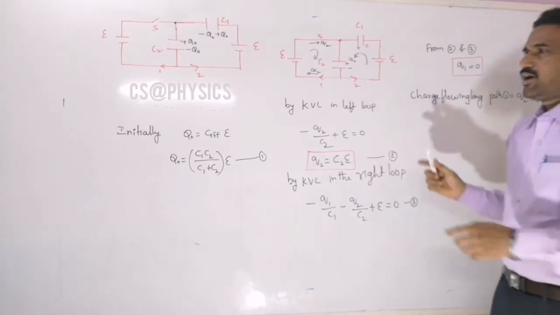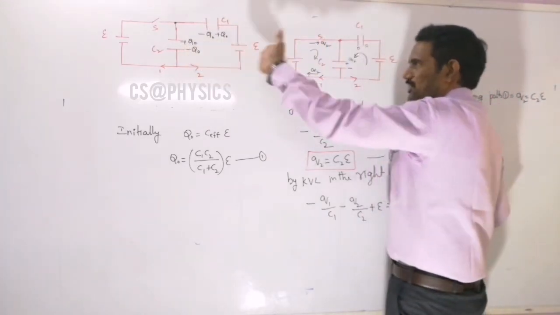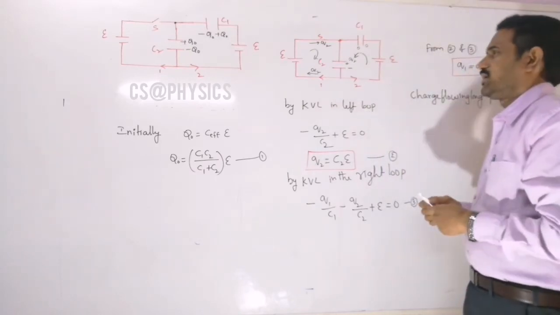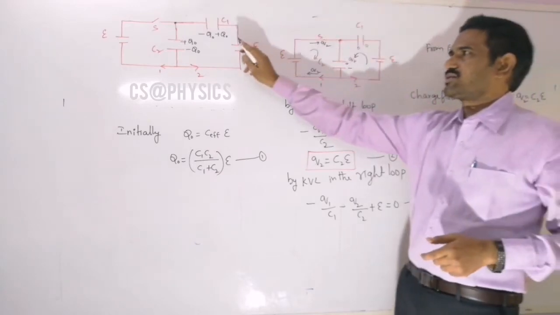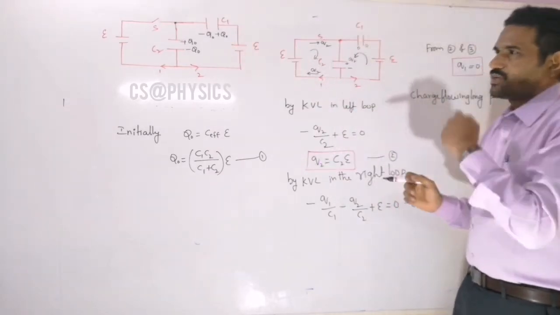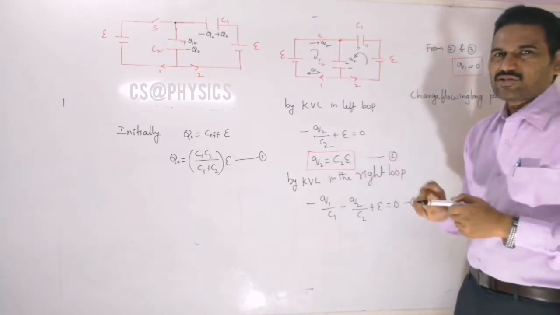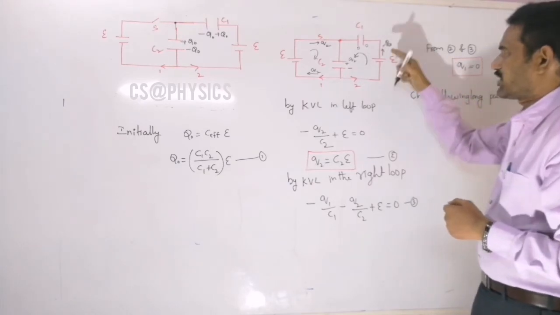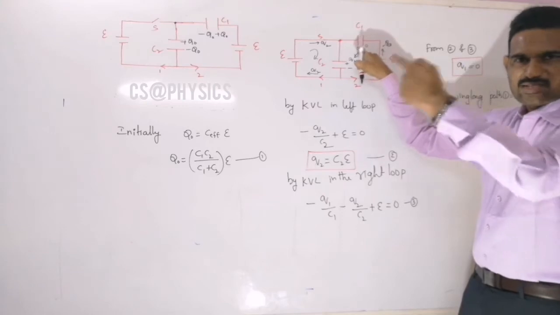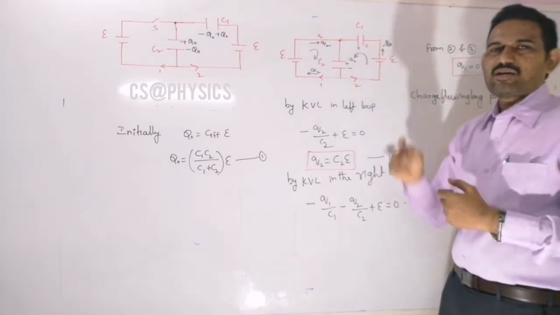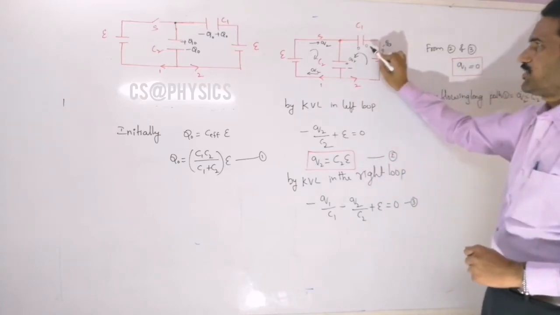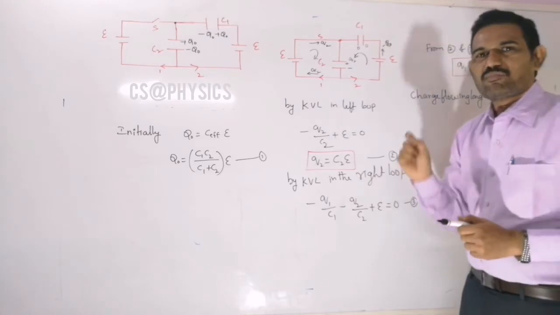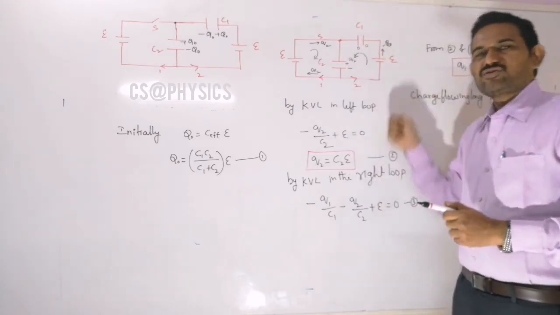Similar to our path 1 discussion, let us proceed in a similar way for path 2. For this plate, initially this Q naught charge is there, right? Now it is becoming 0. The charge becoming 0 means this positive terminal should supply a charge of minus Q naught, since plus Q naught is already there initially. Now this positive terminal is supplying minus Q naught charge, and so the charge on this plate is 0. And once the positive terminal of the battery is supplying a charge of minus Q naught, the same amount of charge should enter the negative terminal.